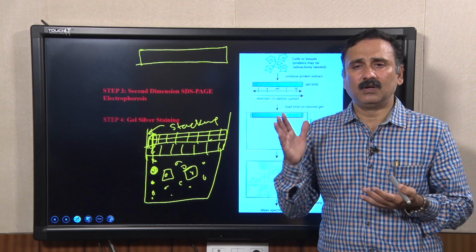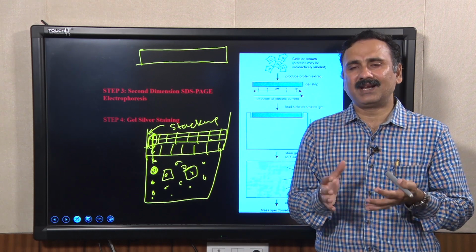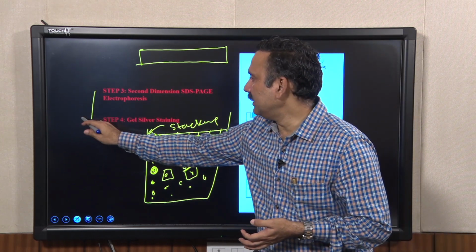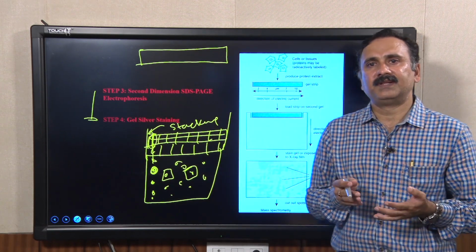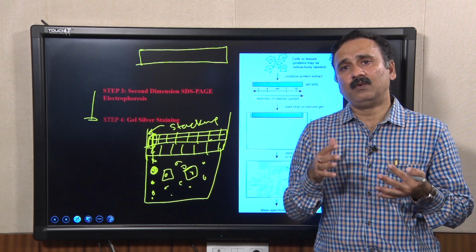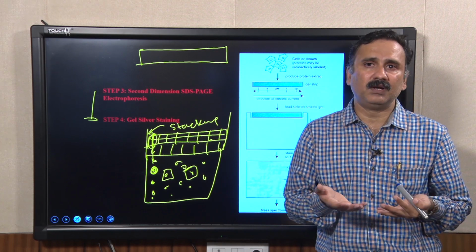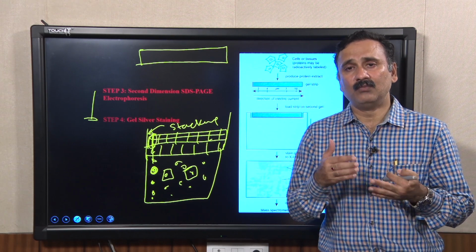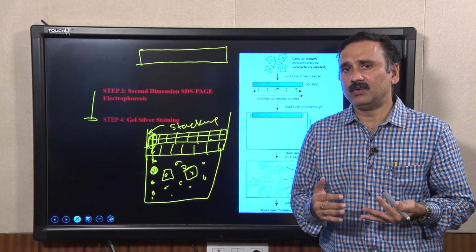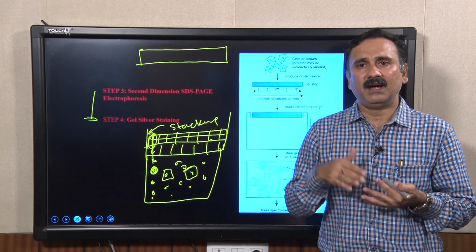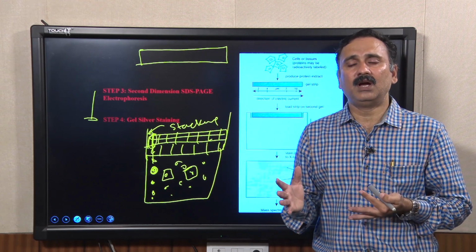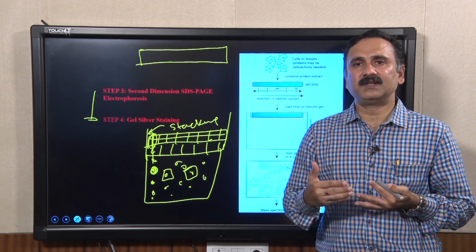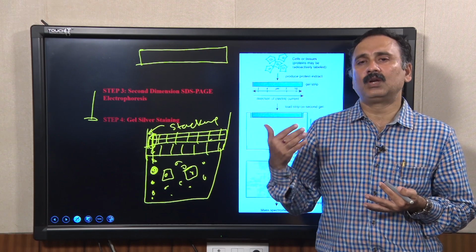There are a couple of good MOOC courses available from IIT Bombay, if you are interested to study 2-dimensional gel electrophoresis as well as proteomics. So, if you are interested, you can go to the IIT Bombay MOOC courses and study that in more detail. Here we are not going to discuss each and every one of those steps. I am just trying to tell you that these are the options which are available for you to utilize gel electrophoresis to answer many critical questions.